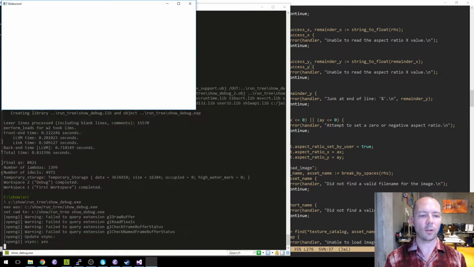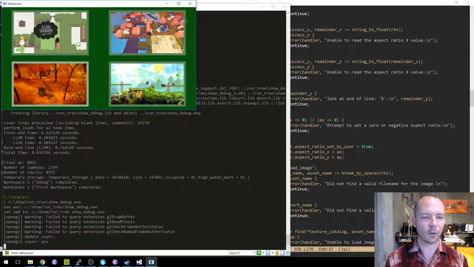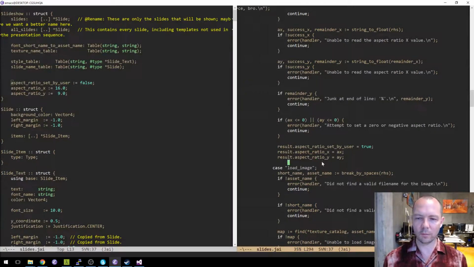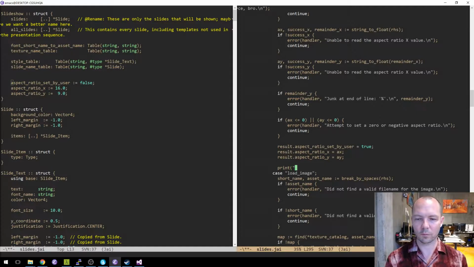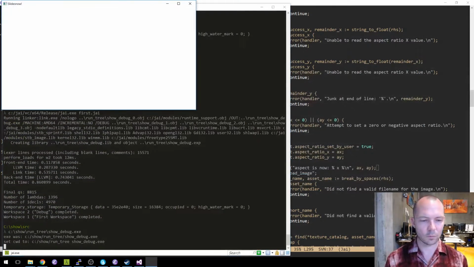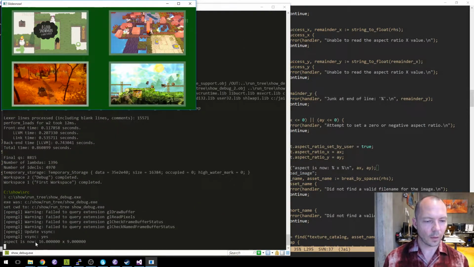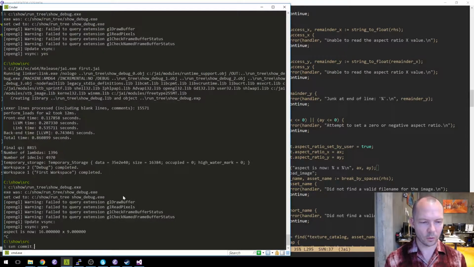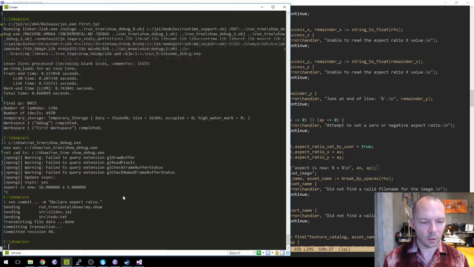So many mistakes. All right. So we didn't complain about that line. Let's actually print it. All right, aspect is now 16.0 by 9.0.